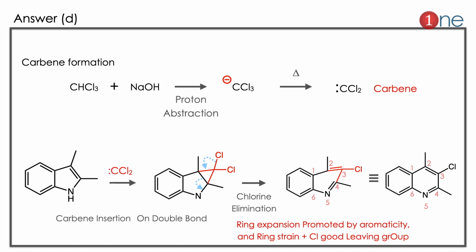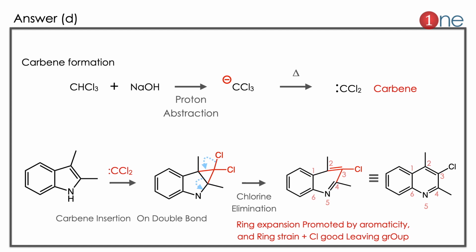So you have the carbene and the starting material with a double bond. So the carbene insertion happened on the double bond. So the bridged carbon atom formed there. Here the ring is very much strained because of the cyclobutyl ring. So the ring is forced to form the 6 membered ring. The ring formation is driven by chlorine elimination. Chlorine is a good leaving group. There is a strain, so chlorine leaves and relieves the strain.